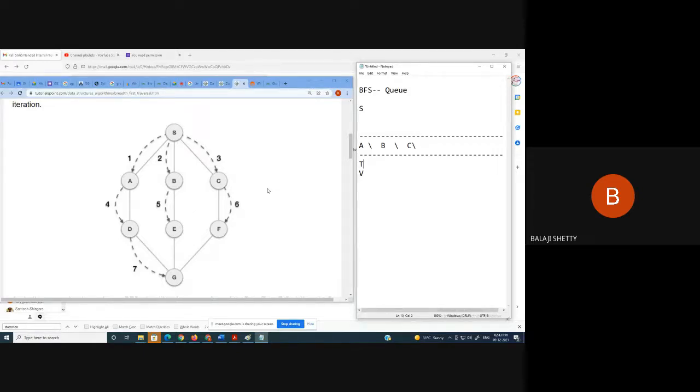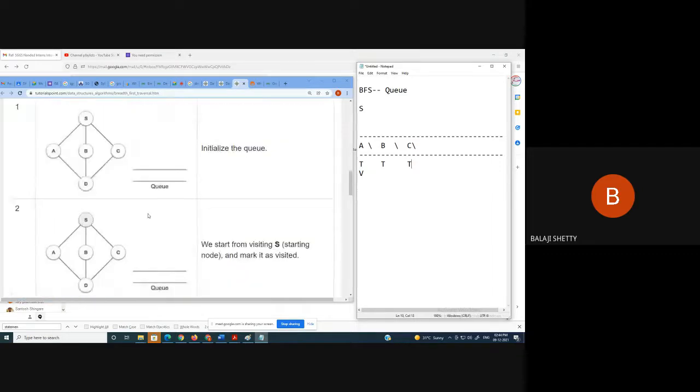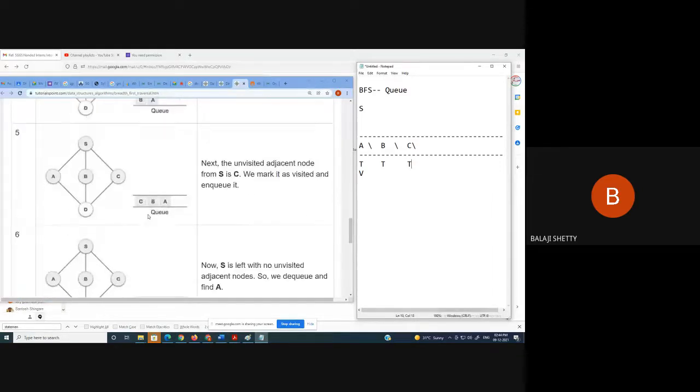Visited true, visited true, and visited true. It means if you get the same node in future, you will not push. Clear? You have to check its visited flag. It is either true or false. Initially, all the nodes' visited flags are false. The moment we push it onto the stack or queue, it becomes true. Here we are using the queue. So here A, B, C.